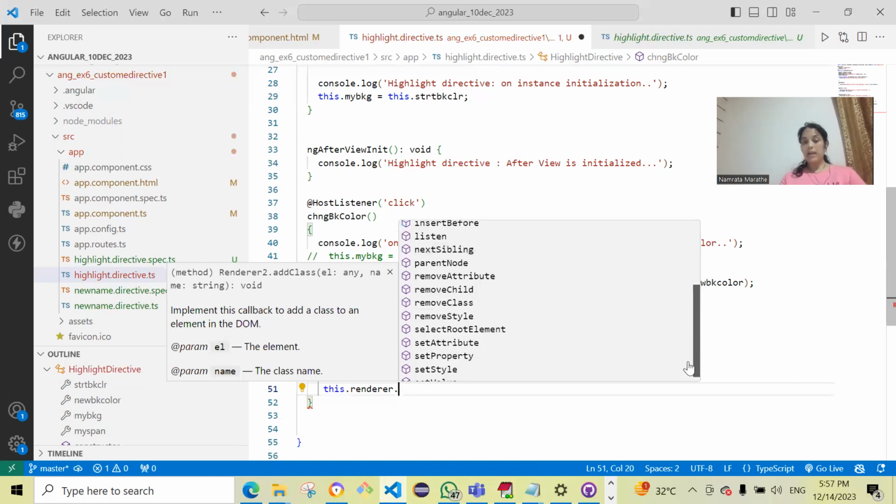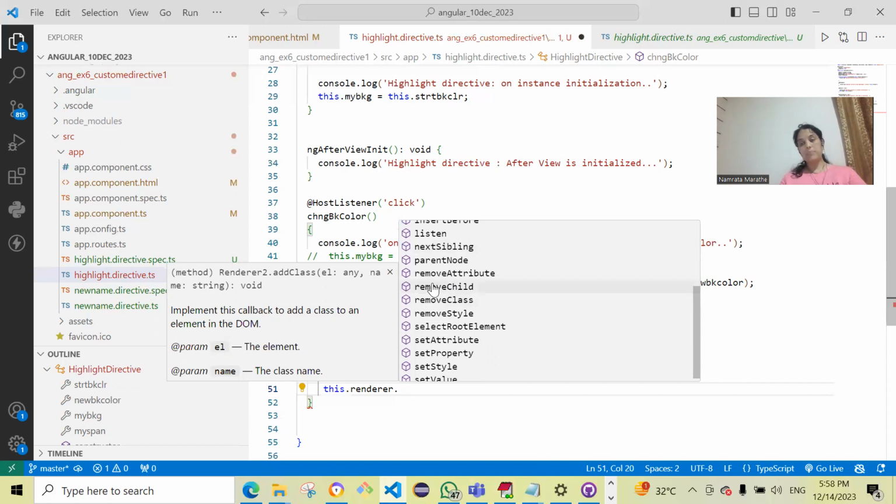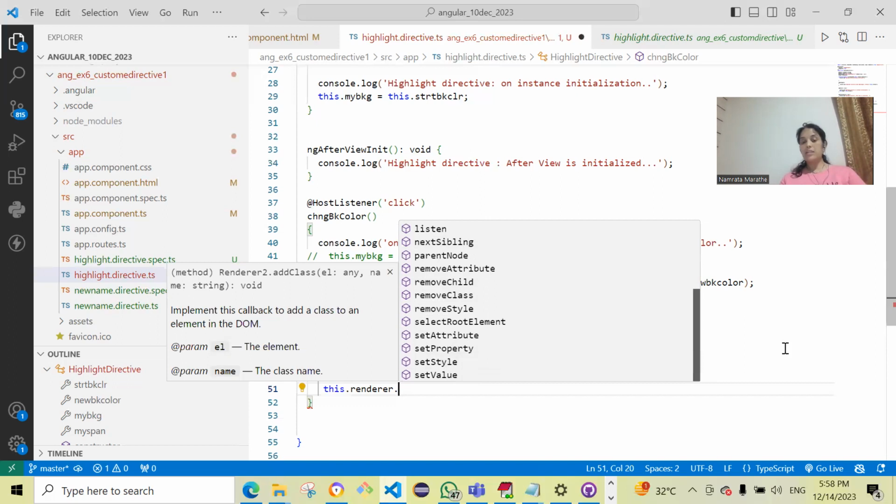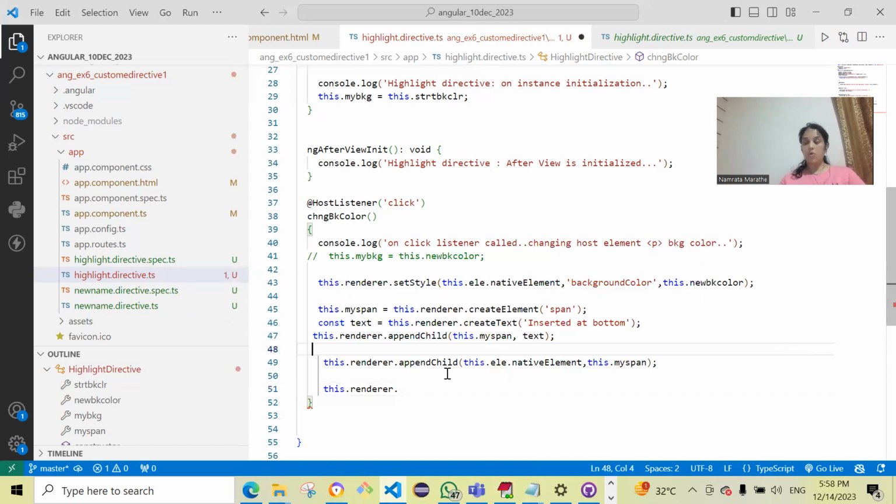देखो जैसे आप ऐड करोगे वैसे रिमूव भी है, क्लिक पे आपने ऐड किया है, आपको सेकेंड क्लिक पे टॉगल करना है तो नेक्स्ट क्लिक पे आप हटा सकते हो उसको, ठीक है। सेट एट्रीब्यूट है, सेट प्रॉपर्टी है, सेट स्टाइल है। तो सारी चेंजेस जो आप @HostBinding और @HostListener से कर रहे थे पहले, same changes you can do using this.renderer methods,